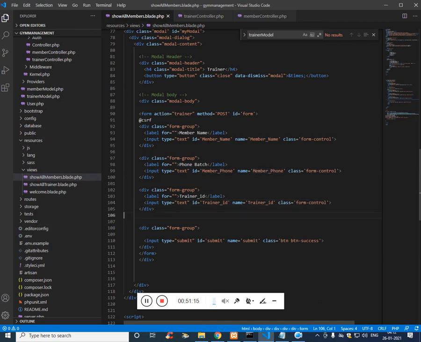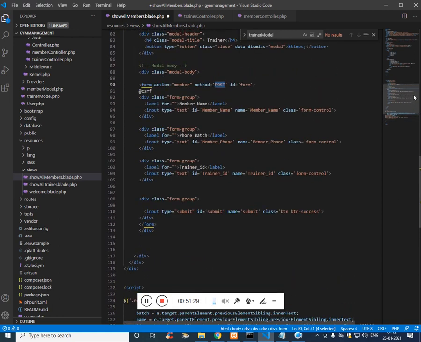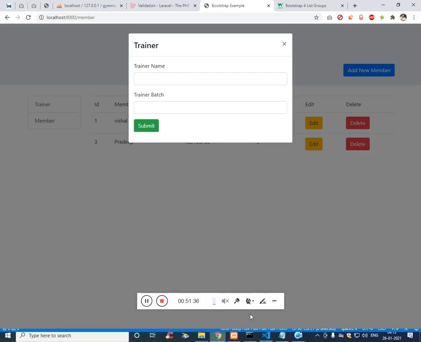And finally the URL is going to be member, and everything is going to be the same as we did for the trainer. Now once I click on add, it should go to the member.